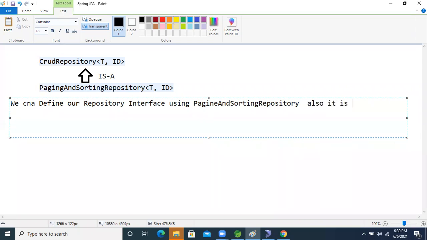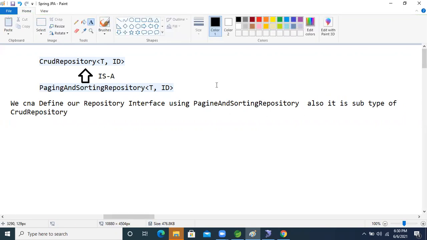It is also a subtype of CrudRepository, so it is also the child of CrudRepository.